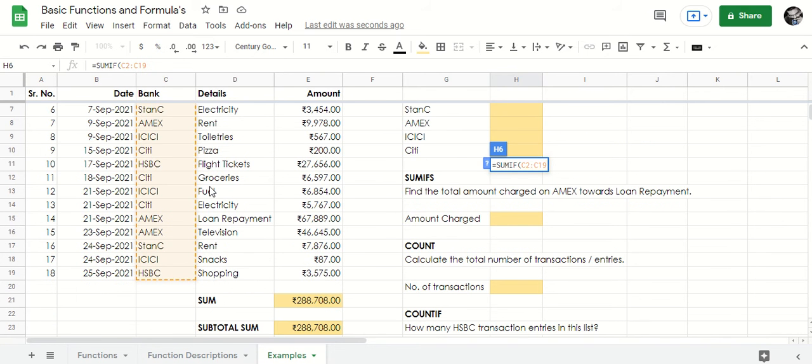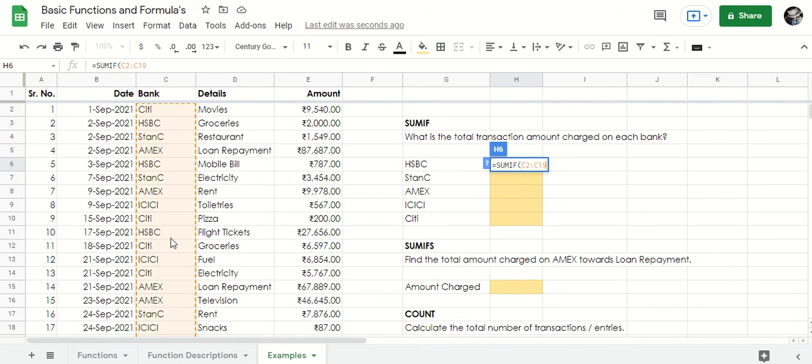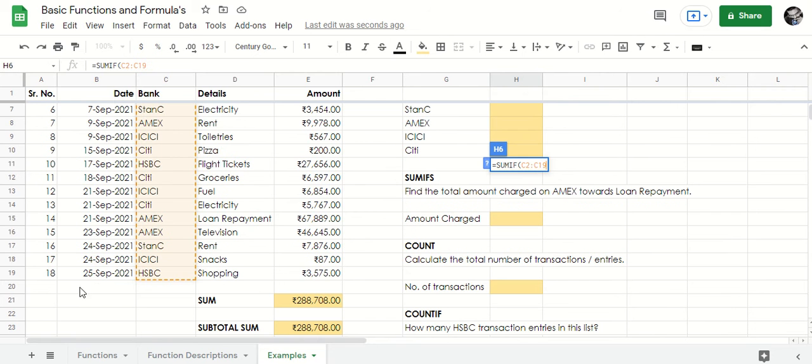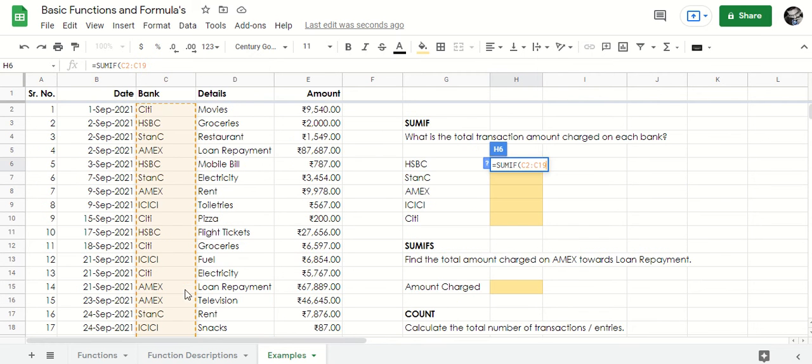Now when we do this, any calculations that have to take place will happen from this range only. But what if there are multiple additions that are done to this range later on? So in that case, to keep it open, we will not mention the cell value, we will only mention the column value. So we will say from C2 to C,